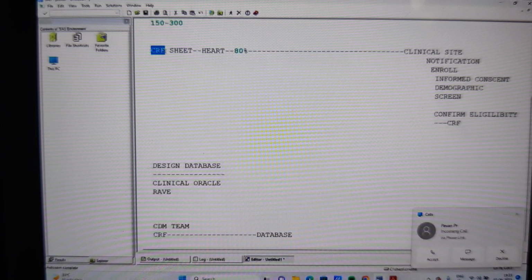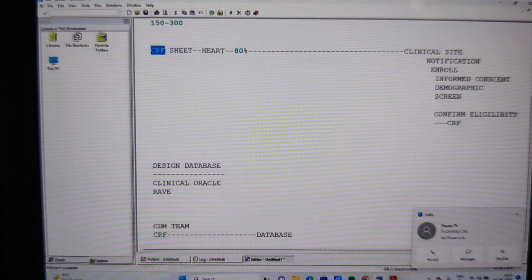Yes, sir. There is a column called keys. Okay? According to the inclusion criteria, we should select only the subjects with age from 18 to 65. This is the rule I set in the CR sheet, in the inclusion criteria. So when the subject comes to the clinical site, I will ask the subject's date of birth and age, and he is going to tell his age. Now I am going to collect that information on the CR.